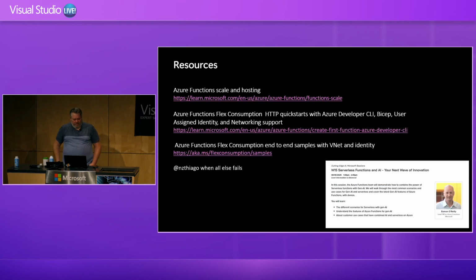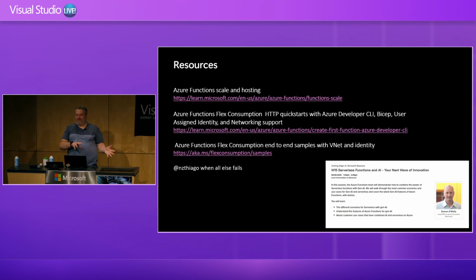And a few resources here. First, I wanted to call out this afternoon, I'm sure you've heard of and are looking into how you can embed AI into your solutions. And we're doing quite a lot of work with Azure Functions and AI. So I would recommend that you go and check out Eamon's session today at 1:30 p.m. He's going to talk about serverless functions and AI, building MCP servers there, the triggers and bindings that we have to help you, and everything else, connecting to AI from Azure Functions. So it should be a pretty cool session.